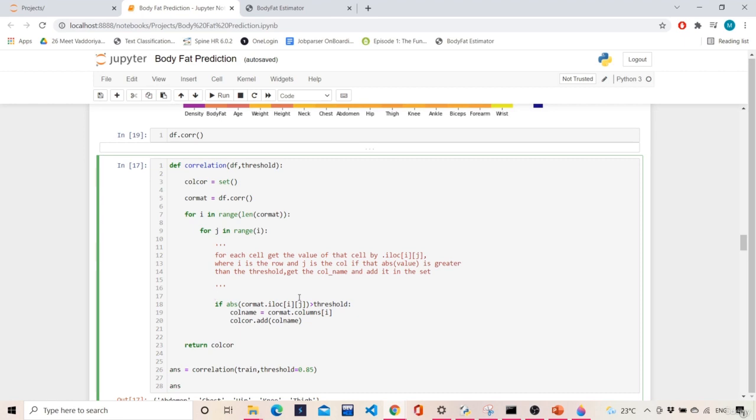Okay, it conveys the same meaning only. So a feature can be more positively correlated, more negatively correlated, less positively correlated, less negatively correlated. So based on those, the matter is only the scale. The sign is just saying whether it is positive or negative. The entire thing depends on the scale. The value of the correlation should be taken into consideration. Yeah, so that's what. If abs of corr_mat.iloc of i, j is greater than threshold,